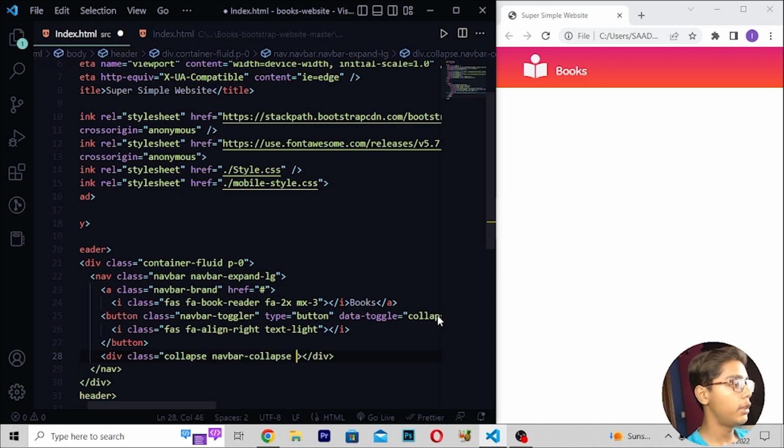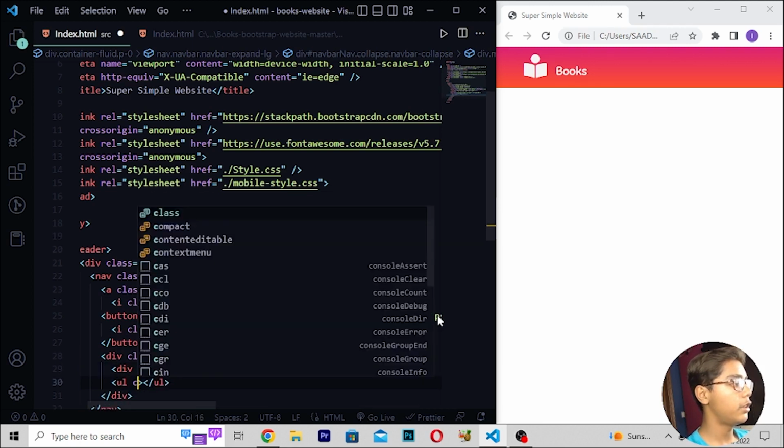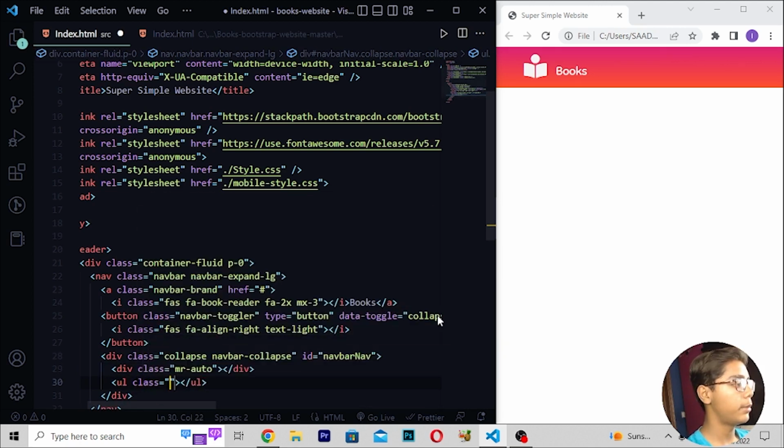Then when you've written this, here I will be now writing id navbar-nav. Then you have to move down, right here div class, then I will be now writing mr-auto. Then you have to just move down after this, right here ul class, then I will be writing navbar-nav.